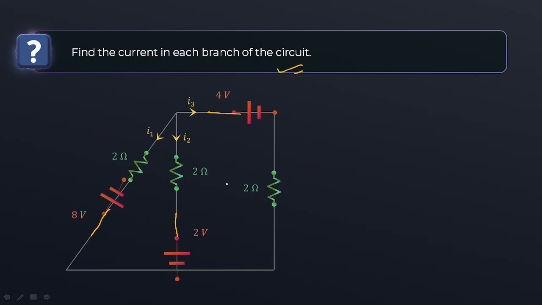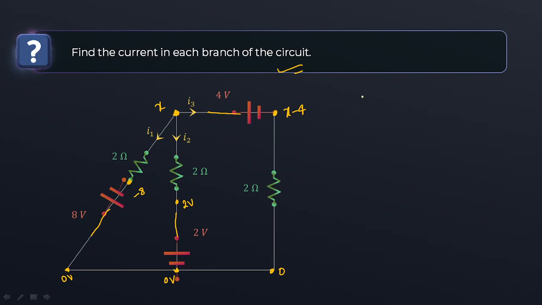Okay. So now let us say this point has X potential. This point we consider as 0 volt. So this point will also be 0 volt. This point will also be how much? 0 volt. So when we cross this battery, this point will be how much? -8. This point will be how much? 2 volt. And here X is considered. So this will be how much? X minus 4. Yes or no?